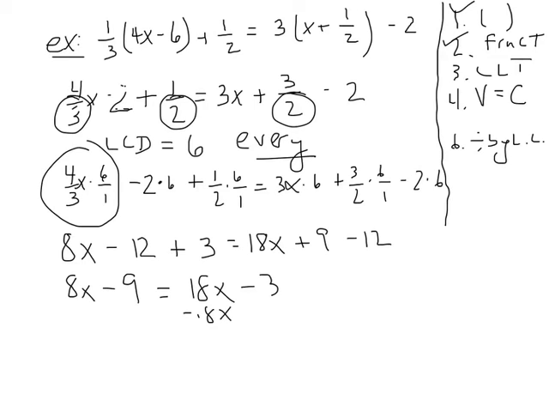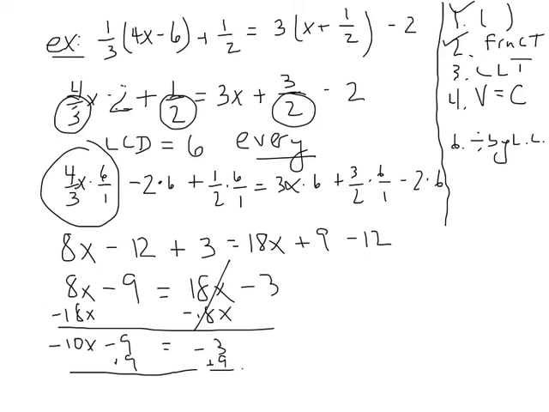I'm going to move my variable term from the right side to the left side. 8x minus 18x is negative 10x. I'm going to add 9 to both sides so that I get negative 10x equals 6, and I'm going to divide both sides by negative 10. Positive divided by a negative, I know my answer is going to be negative, and 6 over 10 reduces to 3 over